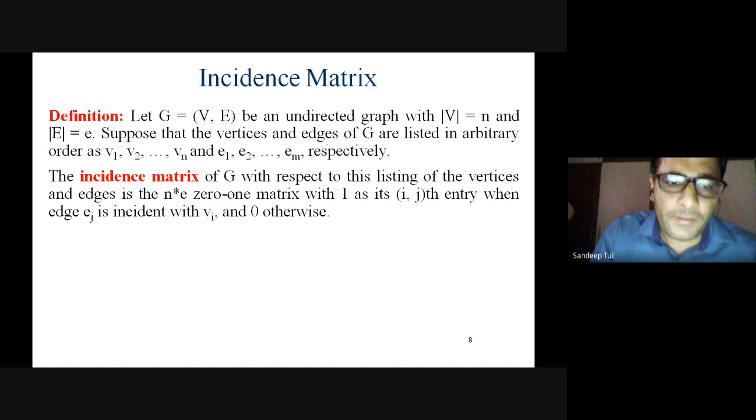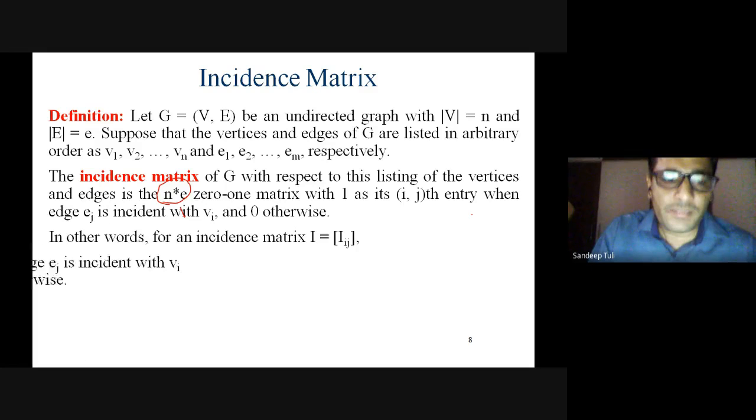What is the order here? Please look at that order. The order is n cross E now. So it is a relationship between the edges and vertices both. In the adjacency matrix, we have seen it was n cross n. Okay, a 0 1 matrix again. 0 1 matrix means it will again contain 0 and 1, with 1 as its